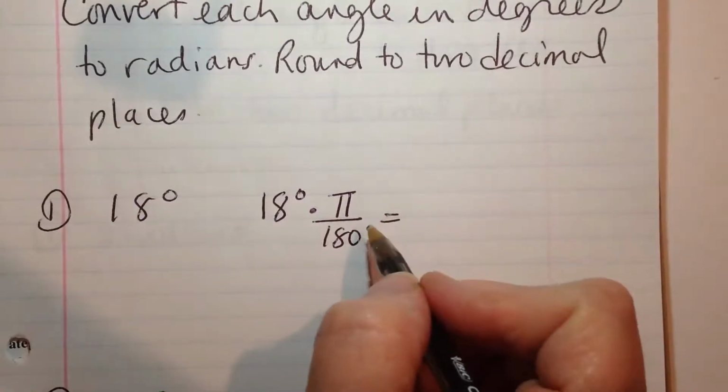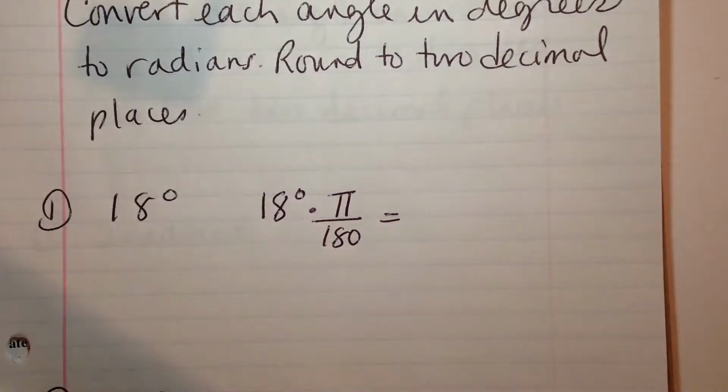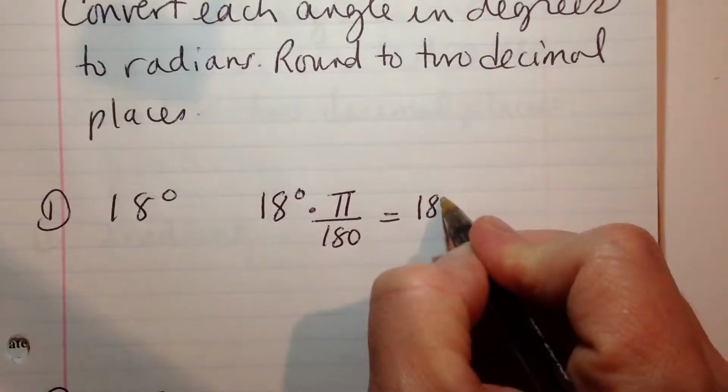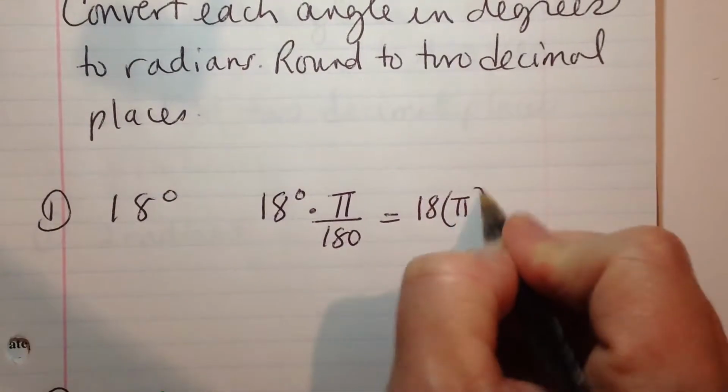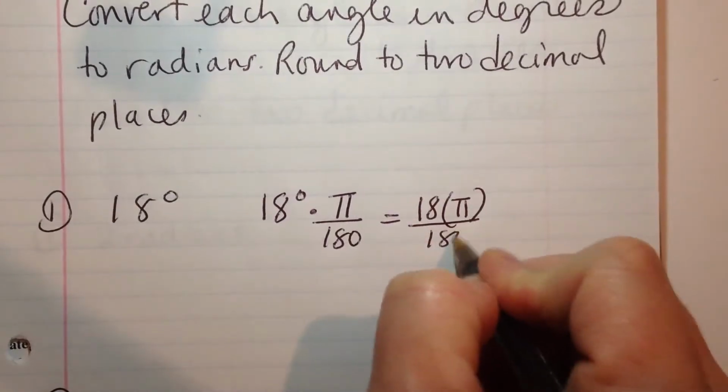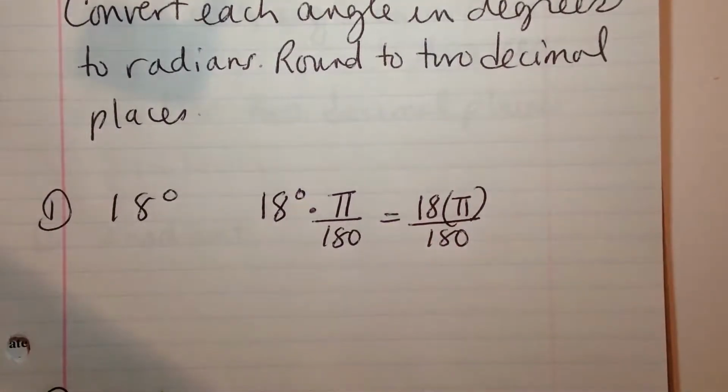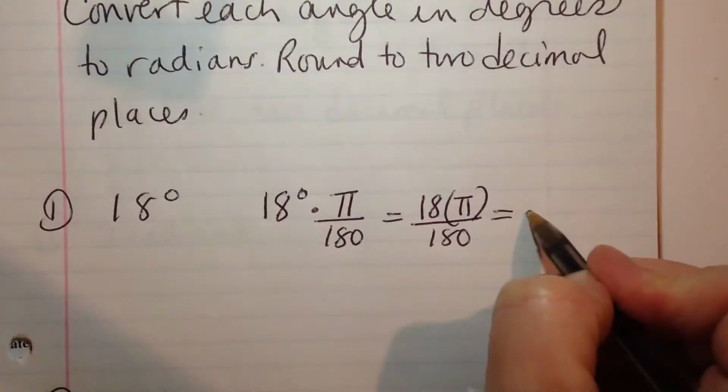Now, take your calculator. What you will need to do here is multiply 18 times the pi button and divide it by 180. So do that on your calculator: 18 times the pi button, which is 3.14, and so forth on. Multiply those together and then divide it by 180. If you divide by 180, you get